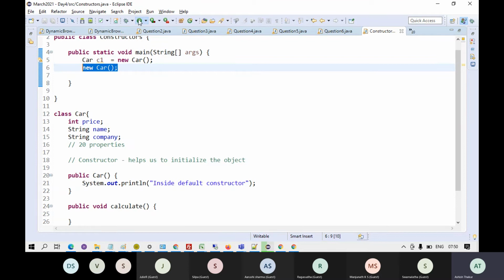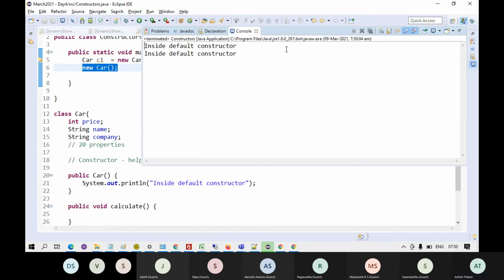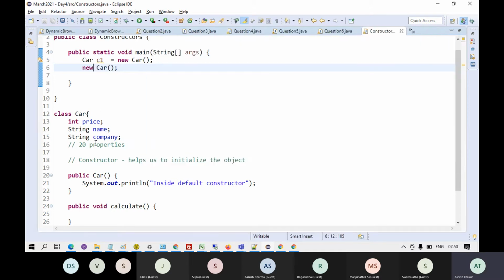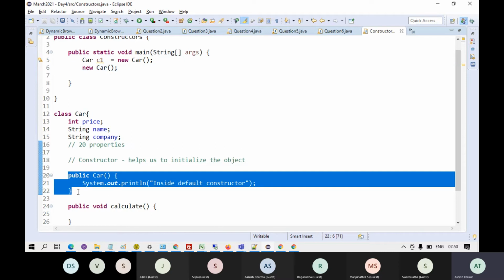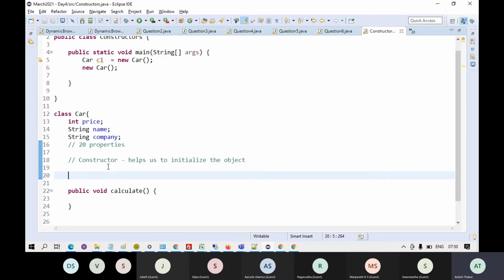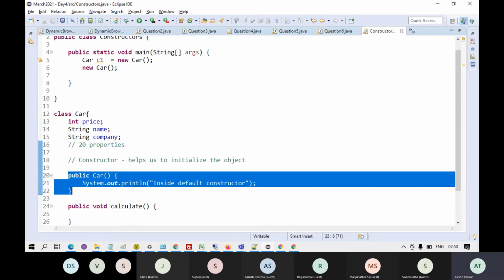So if I run this, it will be called 2 times, right? So the default constructor, if it is not there, it is hidden. I run this, it will run fine, it will print nothing. But if you want to bring it, you can bring it as well.